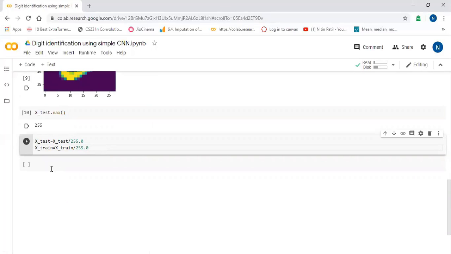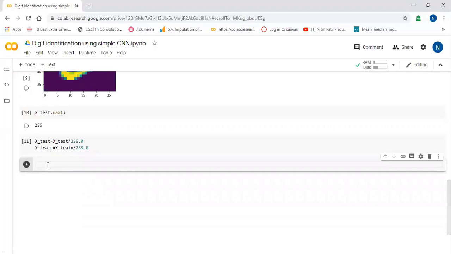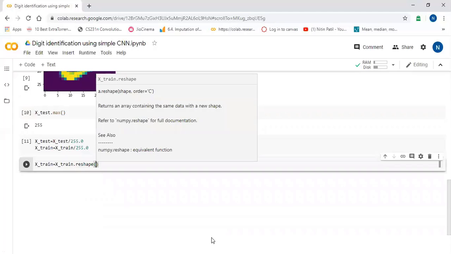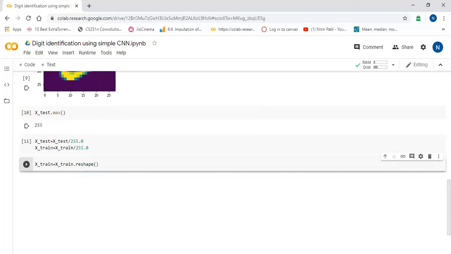Now we will reshape this data and provide this data to the model. Why are we reshaping this data? Because we are going to add the channel and provide that data to the model. So how we can reshape this data is we will say x_train equals x_train.reshape. So how are we going to reshape?